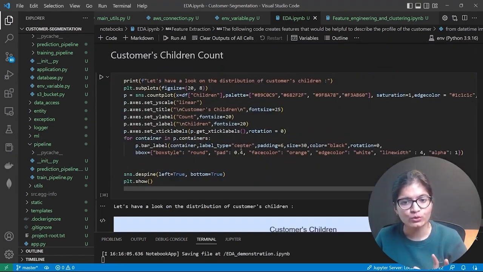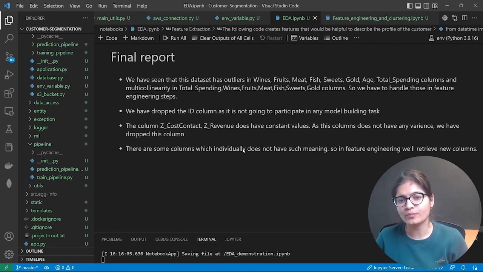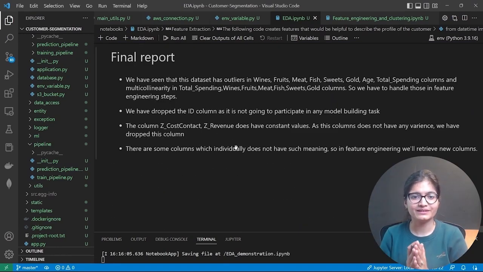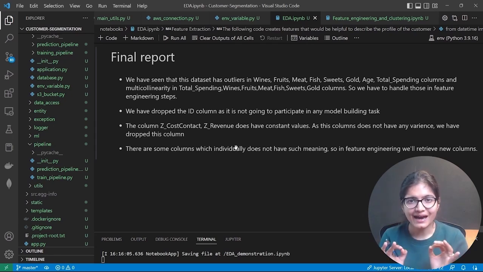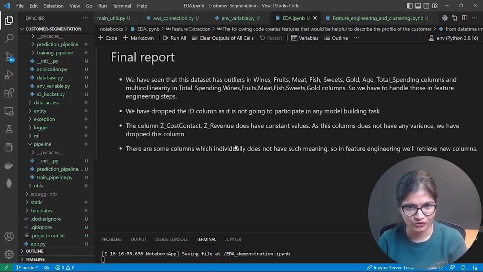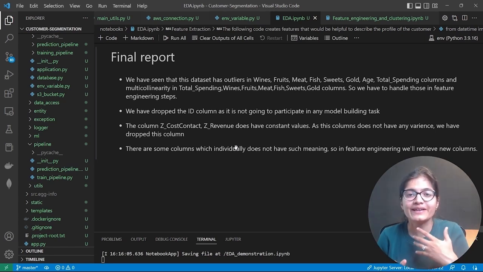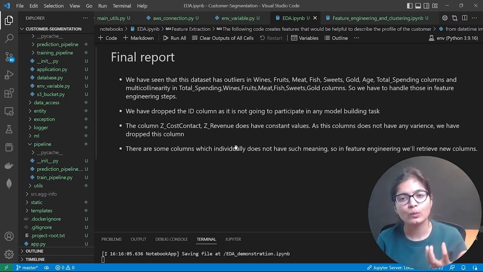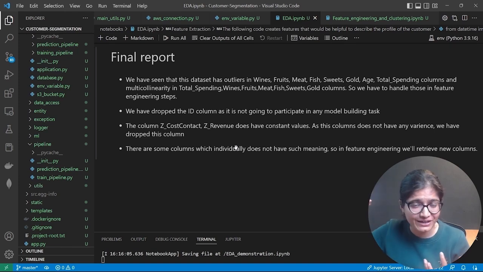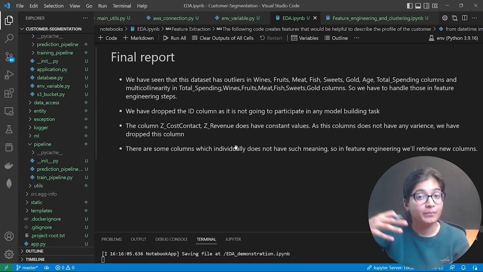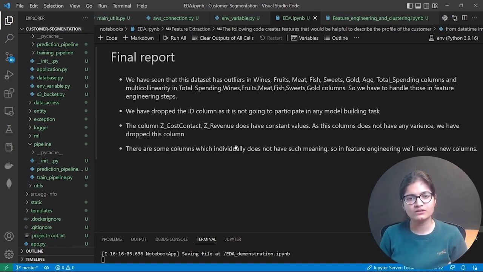This file, don't worry, I will give you. But what I really want from you all is that you please don't look at this file. Try to do the EDA task of this project on your own, and then refer to this file to see what other things you can explore. There might be a case where you see that you already did a lot which is not in this file. But we can do that. EDA is something where we need to spend the maximum time, because the more clear features you are able to get, the more filtered features you will be able to gain, and the more accurate models you will be able to make.